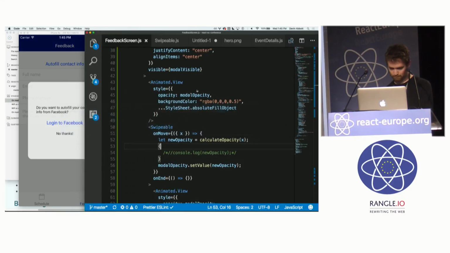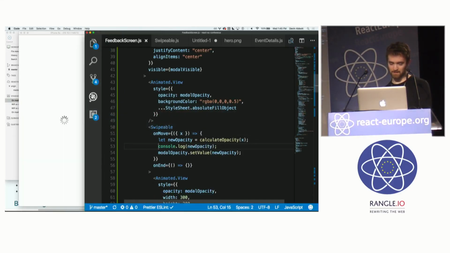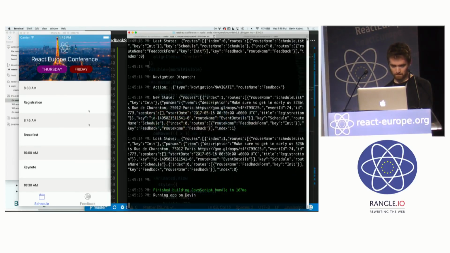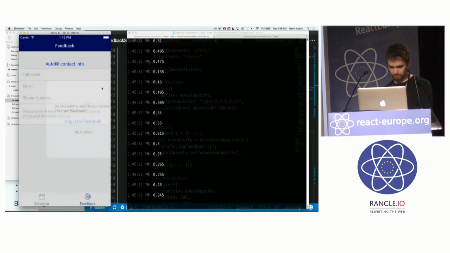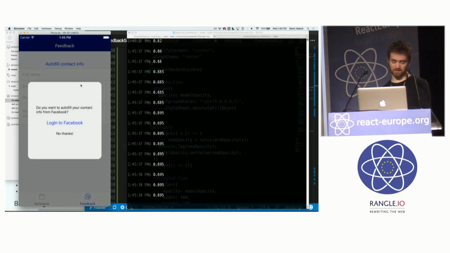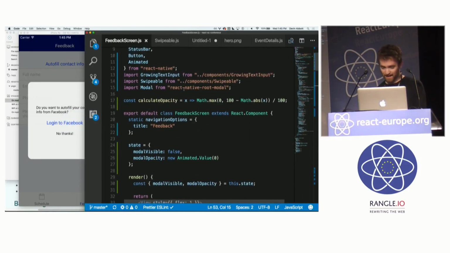No? Ah, yes. VS Code doesn't know how to comment within JSX, which is kind of strange. It's not pixels. It's between 0 and 1. Right, because I'm just console logging the opacity. That's not important. Anyway, I guess I could explain this more, but you can probably just trust me on it